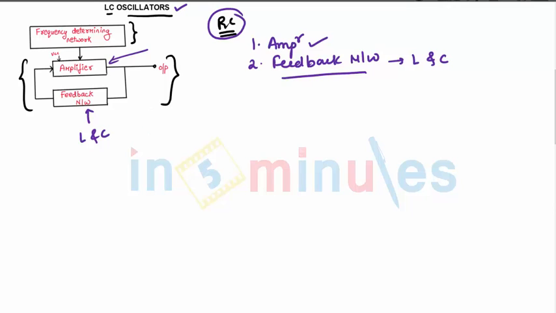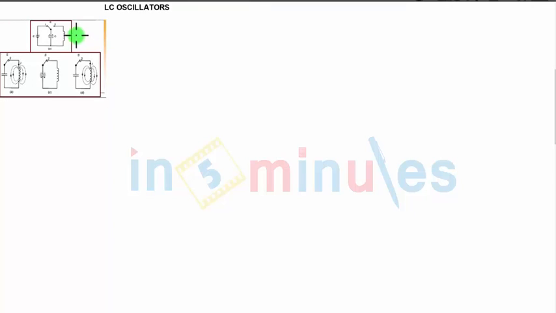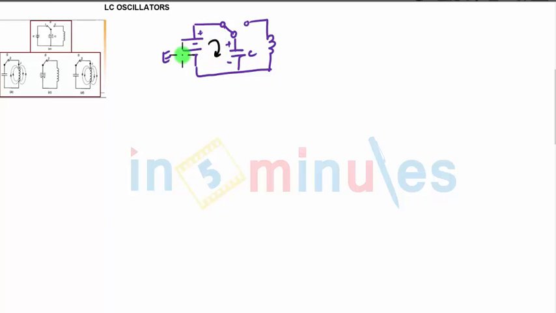Now how does this LC oscillator work? If you consider, you have the battery, then you have the capacitor, and you have the inductor. This is the circuit. Now if this switch is connected at this point, the capacitor will start charging in the given direction. So what will be the charging of the capacitor? It will be positive, negative as shown over here, with the supply voltage E. Now the capacitor will charge in this half cycle.